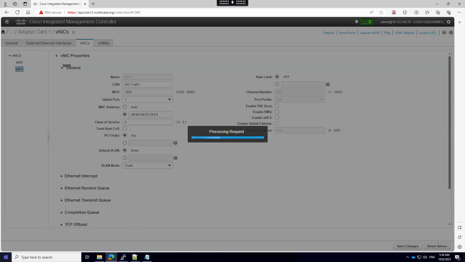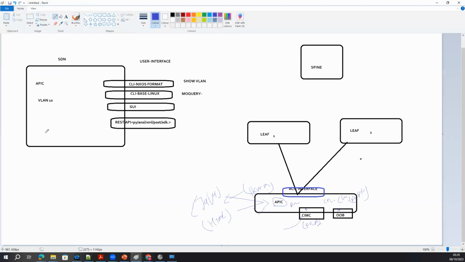Suppose the reason you are saying it should be in disable mode is that otherwise the DHCP functionality will not work. DHCP is not related to LLDP. The reason I'm saying this is that this is the CIMC, the server LLDP, not the ACI LLDP. If server LLDP and ACI LLDP clash on the same interface, the server LLDP will always win, not the ACI image.